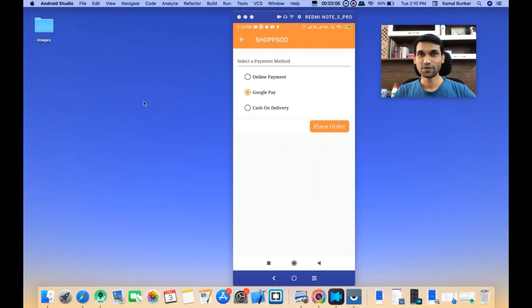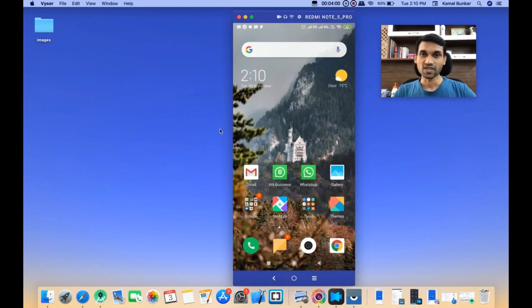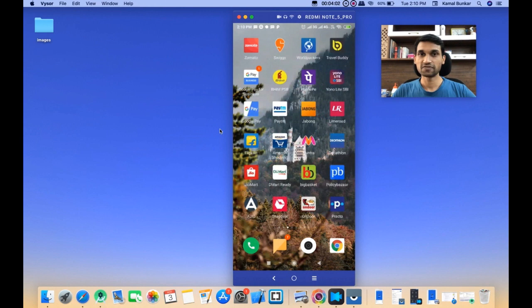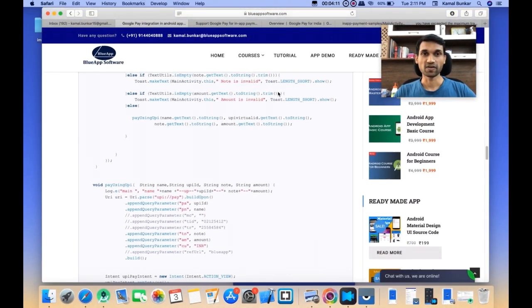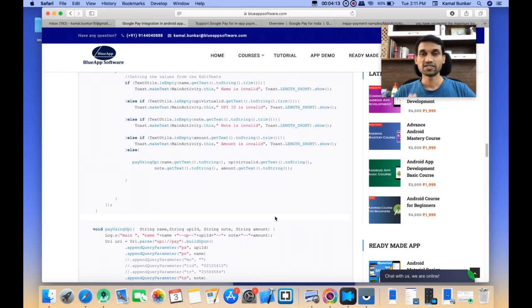This is the proof. Now come to the point. In my phone you can see I have two apps, Google Pay business and normal Google Pay. In my tutorial everything is working fine, and there are only two changes you need to make. First, if you are using a normal Google Pay app UPI ID, this tutorial won't work.